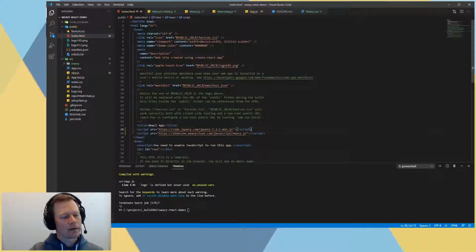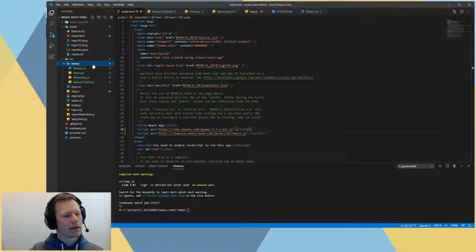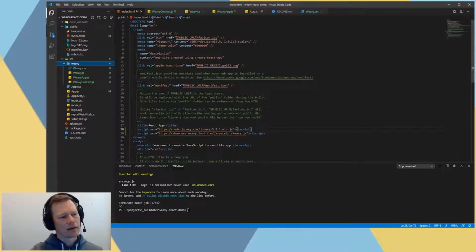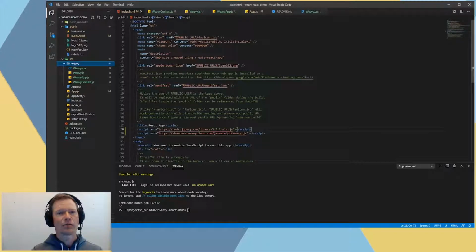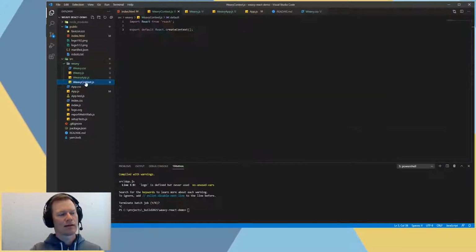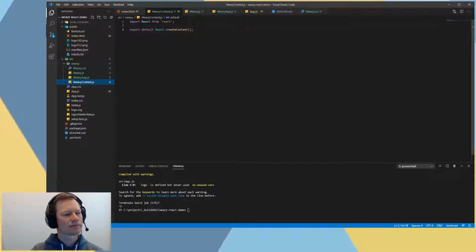Now that we have added the script tag, let's start by showing what we have here. I have created a folder called Weavy where we have added all the necessary stuff that we need. We have a CSS file, a couple of components and a context. What we want to do is reuse the Weavy client instance when we create new Weavy apps. We don't want to create a new Weavy instance for each app we create. For that we are using a React context. In here you can see that the only thing we do is create and return a new context. And then we have